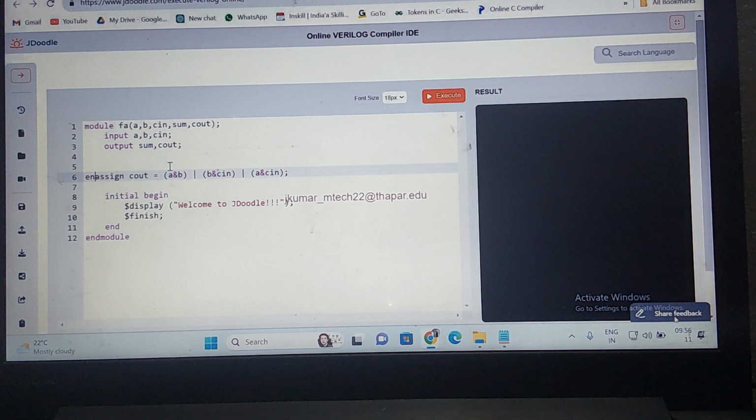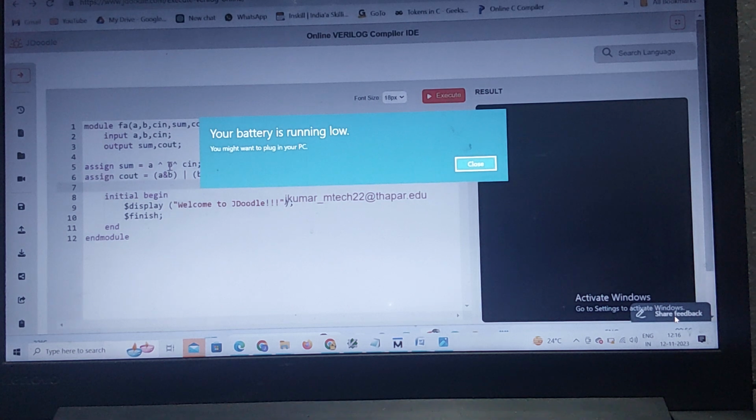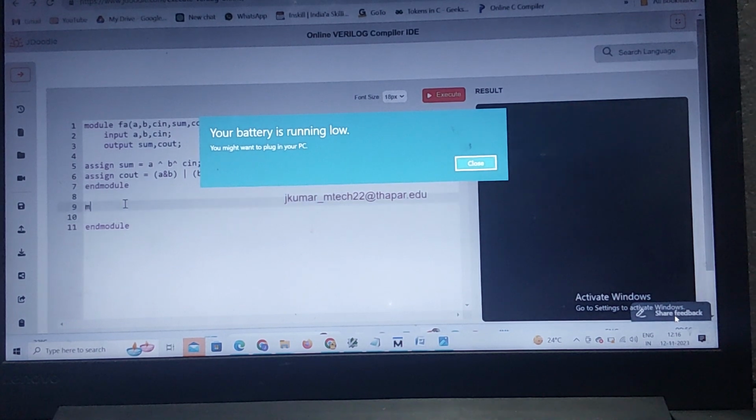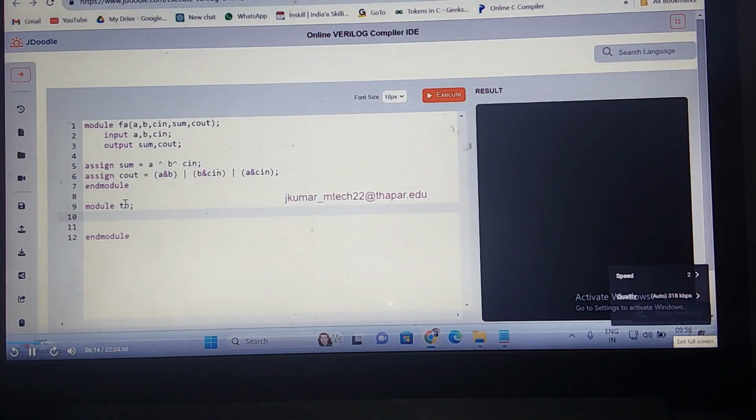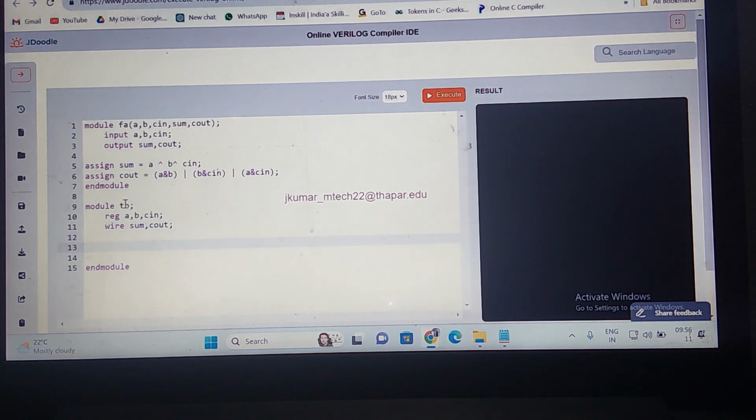Then what I need to do is get the body. Now I need to write the test bench for this. Module, with inputs A, B, C and outputs sum and C out. Next, we need to instantiate it. For this full adder, shall I take the name like this? The instance name can be anything. I'm writing full adder, or you can write full adder 1, no problem. Shall I go with port connection by name? Then initial begin. Shall I go with the concatenation operator?